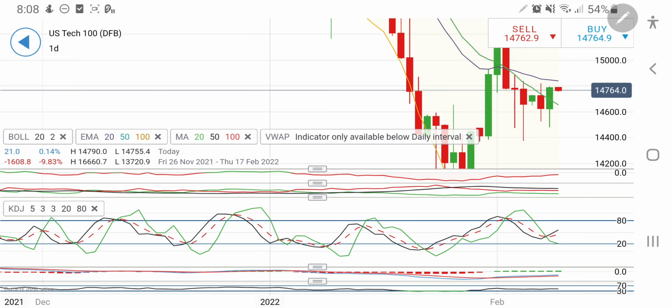I am bullish. We can expect it to trade higher, but only beyond 14,800. Remember, beyond 14,800 you can take a long entry for 14,880, 920, 14,970. In fact it can trade to higher levels also. So take your positions accordingly. Now let's move towards Germany 40 and FTSE 100.